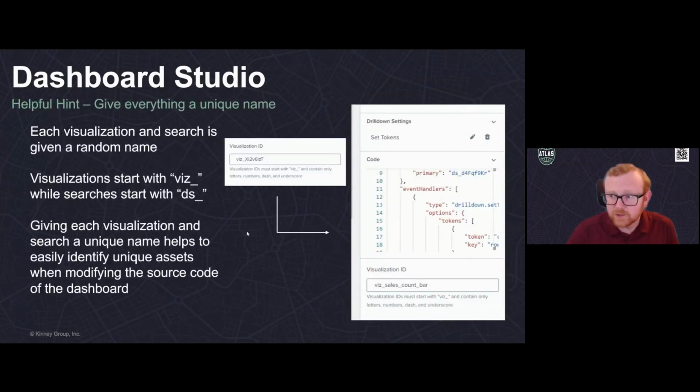One helpful hint that I'll show you in the demo as well is that the visualizations and really everything you do within Dashboard Studio is going to be given a name. Visualizations start with viz, searches start with ds for data source, and by default, it's going to be a random